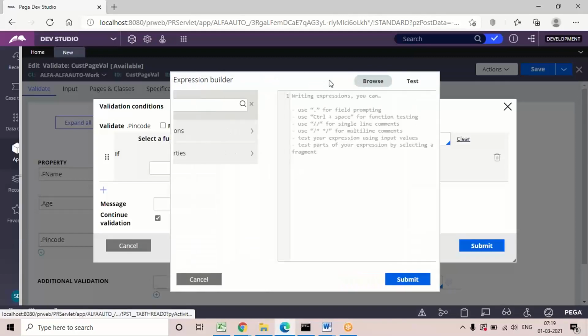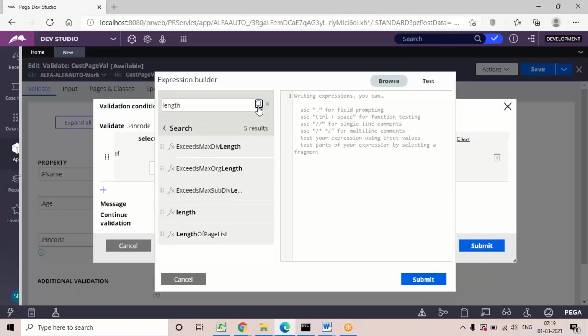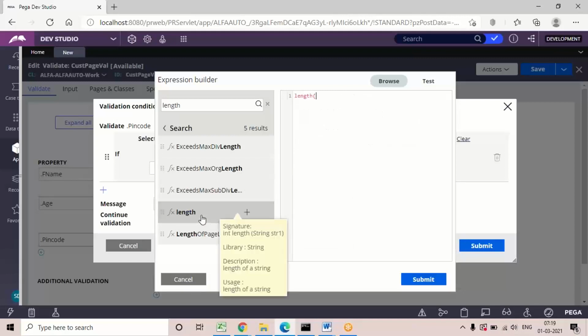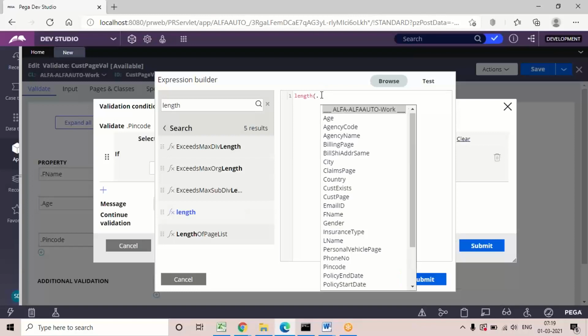The advanced function is length. Type it and click on search. Add this function. Here the parameter is string1, which is nothing but your property name. We are using the property pin code, right?